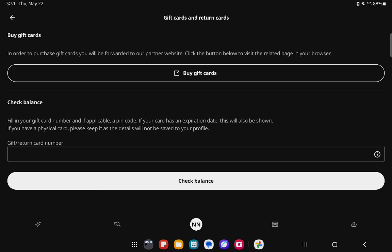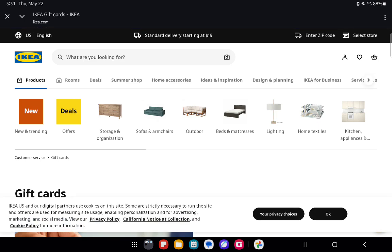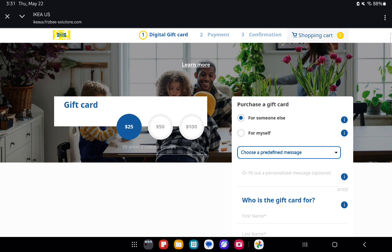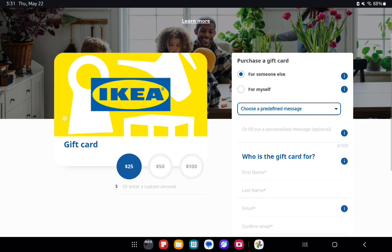And you can just press on buy gift cards and wait until the new page loads in. Once that is done, here you can just find gift cards. You can just press on buy now and you can select the price for which you want to buy the gift card. So you can just select the $25, $50, $100 and you can just select it to buy for somebody else